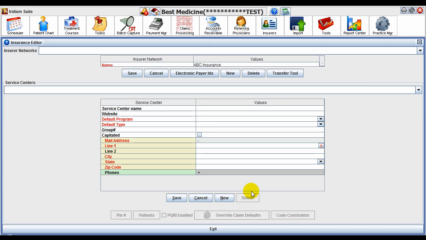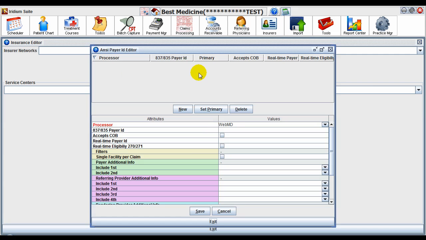Once a new network is saved or selected, the electronic payer ID button becomes activated. To create the electronic payer ID for a network, you're going to select the electronic payer ID button. This opens the ANSI electronic payer ID editor. In the ANSI electronic payer ID editor, you're going to select New, and you're going to fill out the details